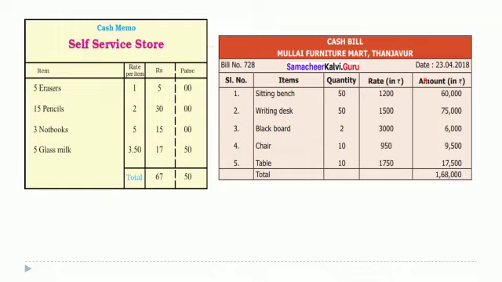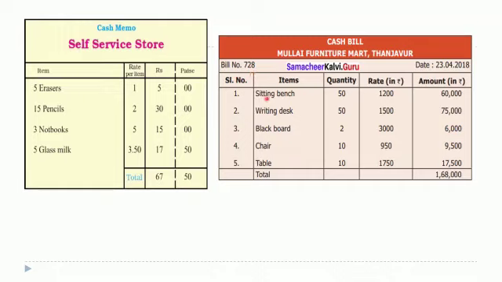Okay. Now one more cash bill is given. Here you see actual cash bills are in this form. This is just given in your textbook, but actually the date is written, the name of the shop is written, then the bill number is also written on the cash memo. When we are taking the bill, even the number is written.